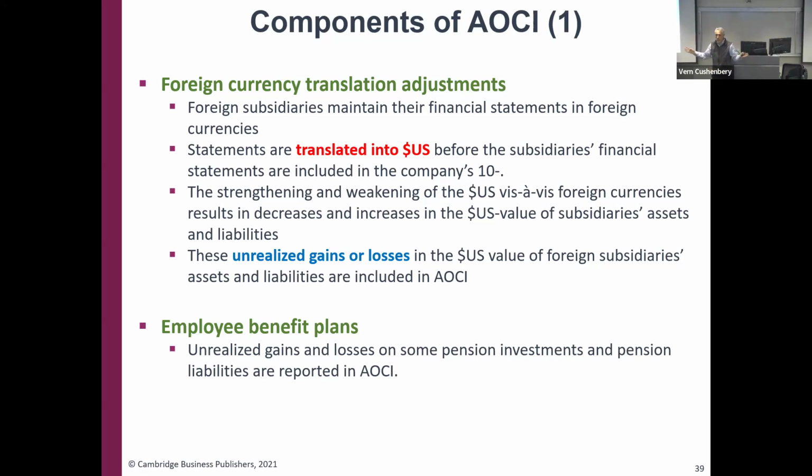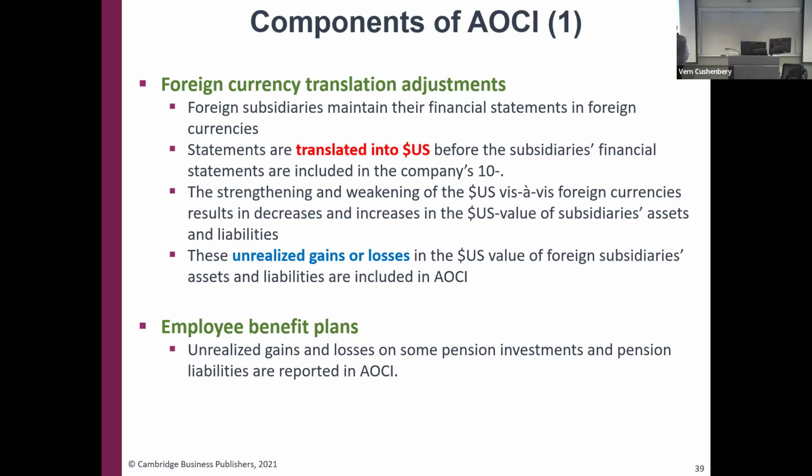And you all know that the value of the dollar fluctuates wildly relative to every other currency in the world. So when you make those translation adjustments today, they're going to be different tomorrow and the next day and the next day and the next day. The balance sheet is printed as of a single date. So at year end, we're translating the value of all those assets, and that can be wildly different than it was the year before.